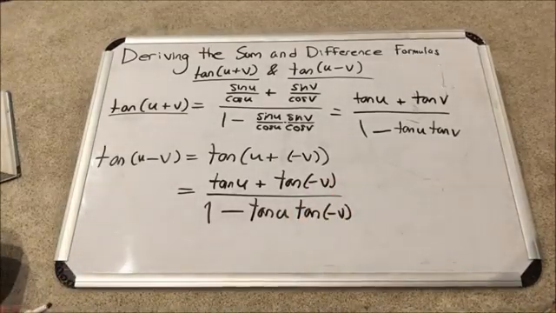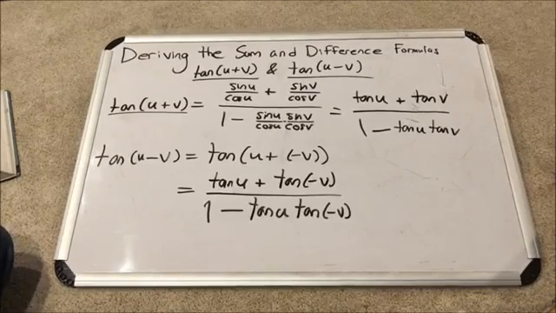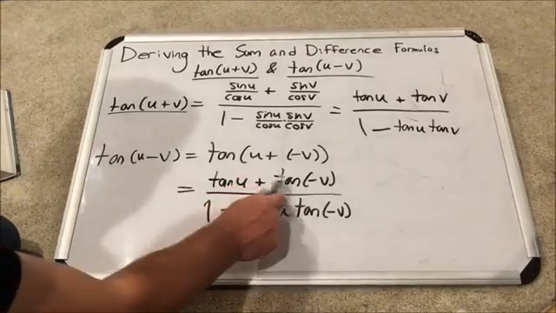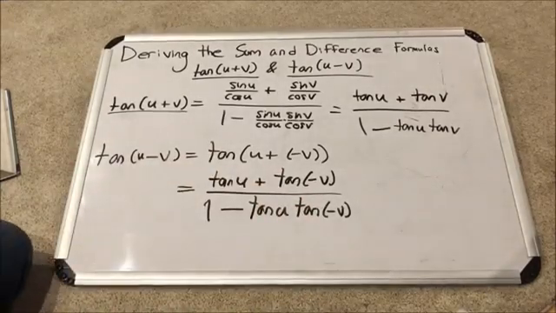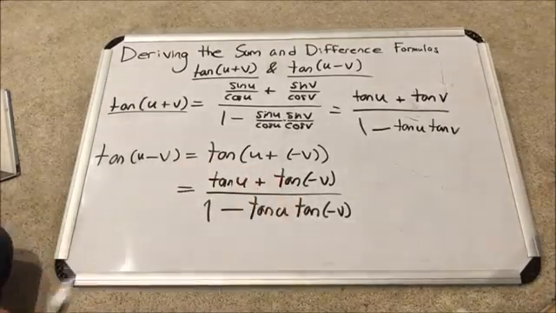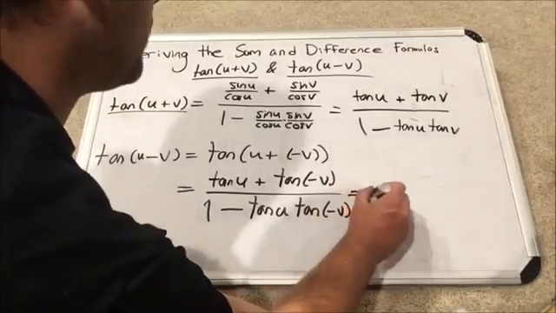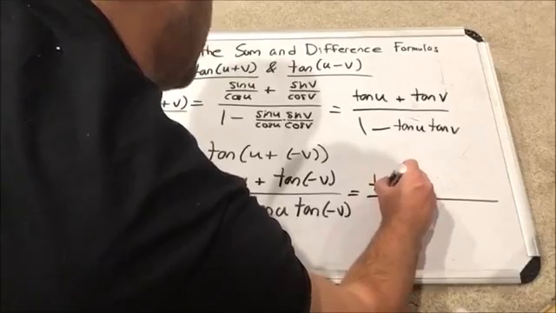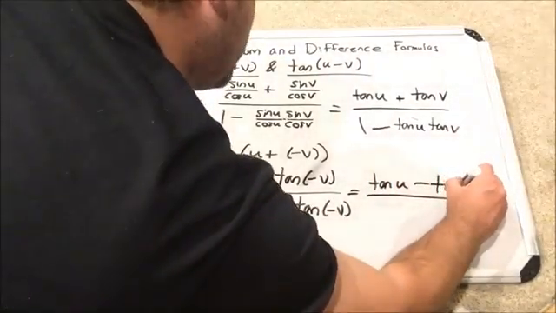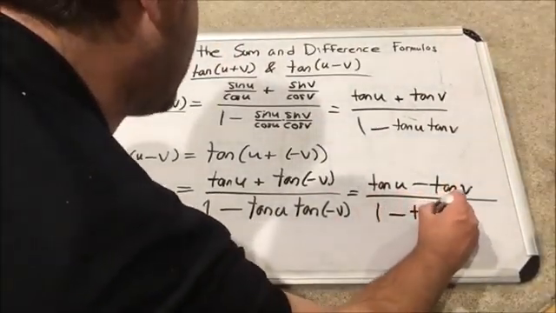Okay, as before, in the second part and the first part, we need to discuss the odd and even nature of all the trig functions that have a negative angle to evaluate. It's just tangent negative v, both on top and bottom. Well, as it turns out, tangent is odd. And so if I plug in negative v, that is equal to negative tangent of positive v. So I'm going to rewrite tangent negative v is equal to negative tangent v. And on bottom, we have 1 minus tangent u